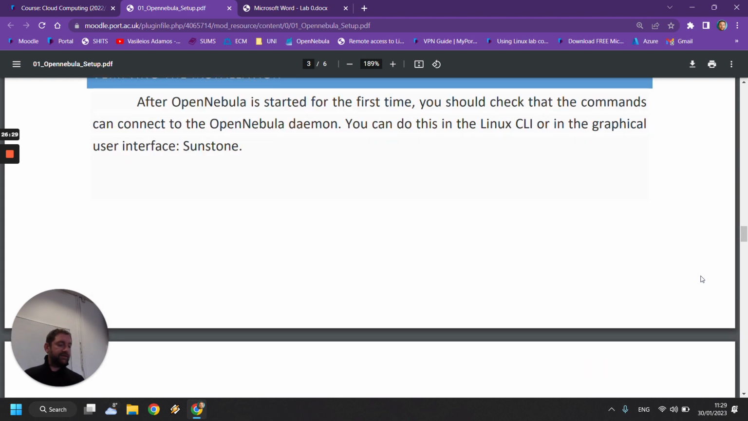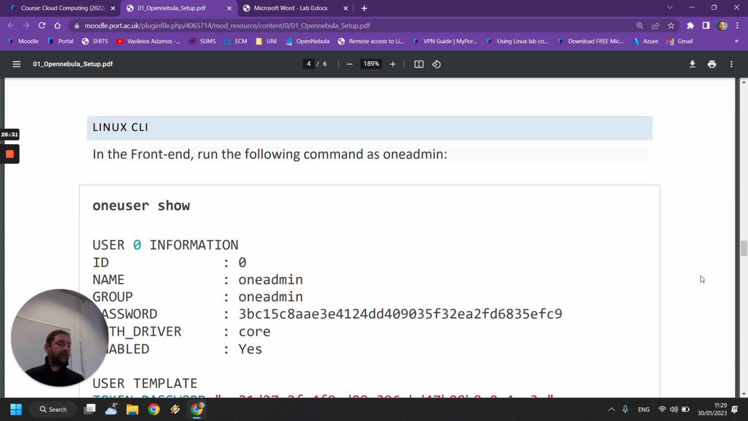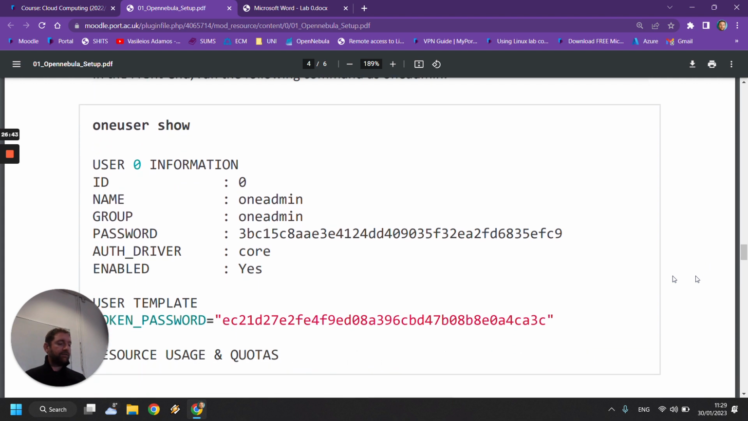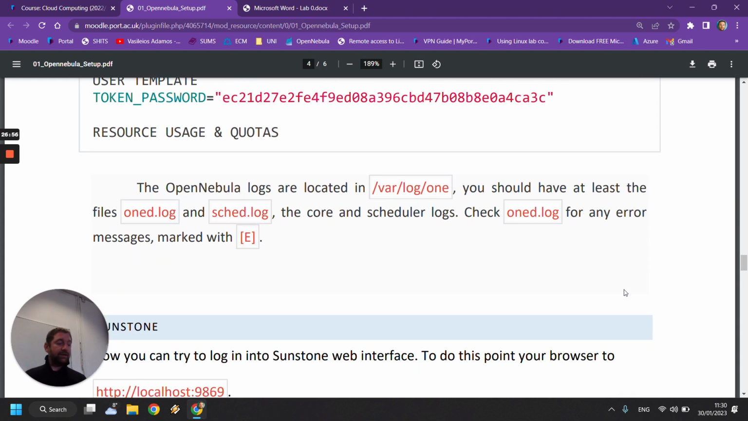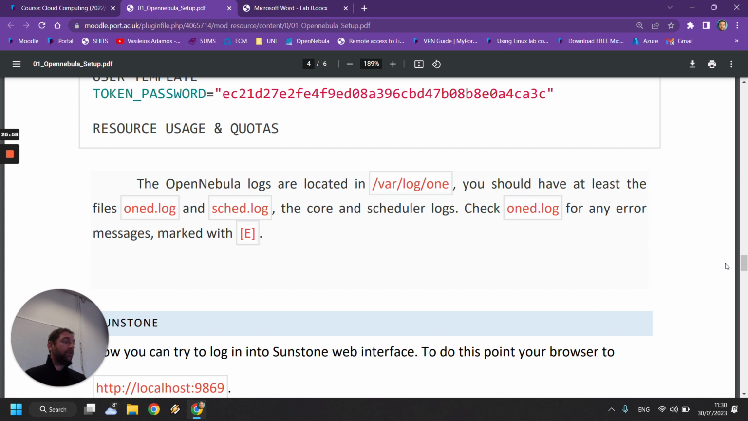And in order to verify the installation, you can open a terminal and type oneuser show. That will contact your OpenNebula server. It will find the users that are available there, and it will tell you, oh yes, I have a user, he is ID 0 because he's the first user, his username is oneadmin, and his password is something stupendously complicated, which is the hash function of localhost1. All right, that means that your services are running, you have your user that's working,